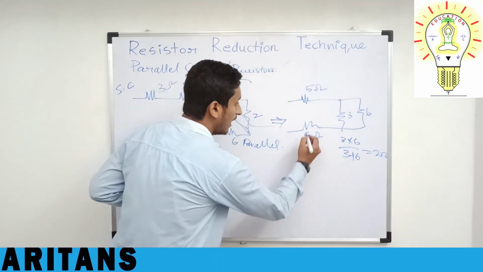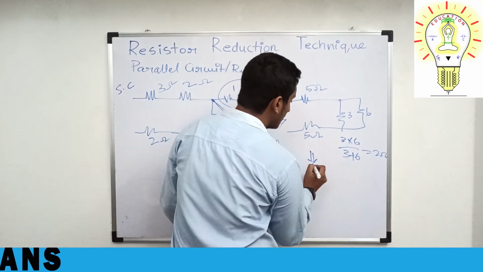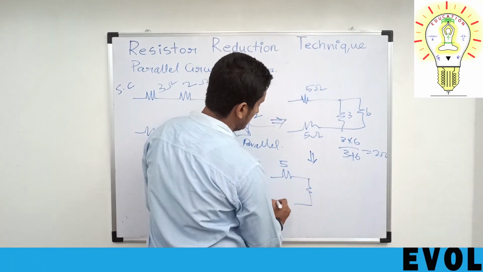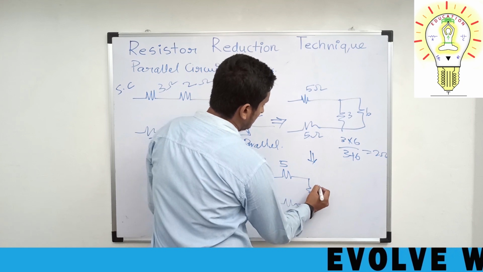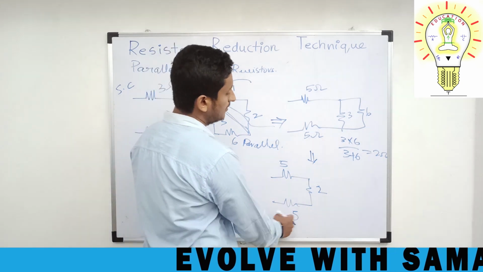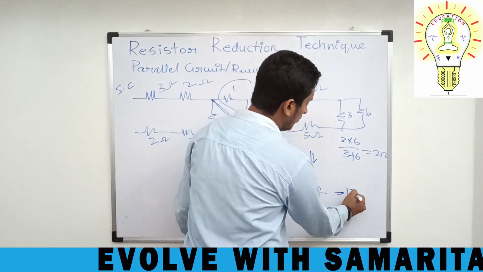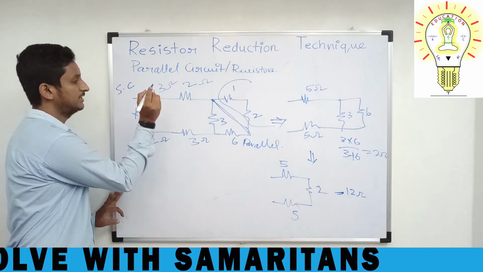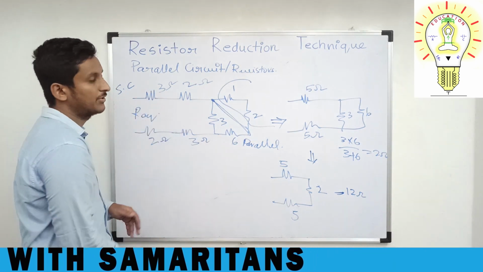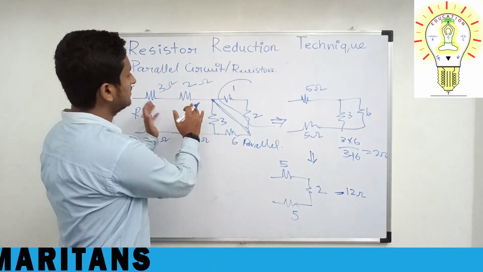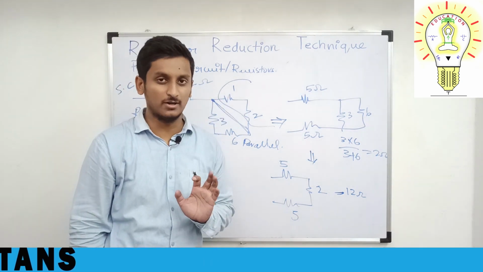Alright. Now how I have to draw it again like this. 5, 2 and 5. So 5 plus 5 is 10 plus 2 is 12 ohms. This will be the R equivalent value for this problem. And this is the short circuit concept. This is not for pure parallel, but a combination of series as well as parallel. This is one model.